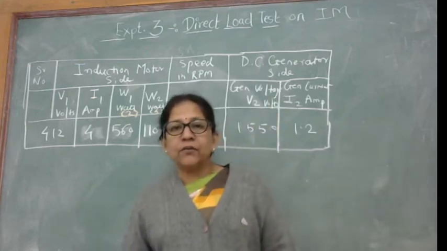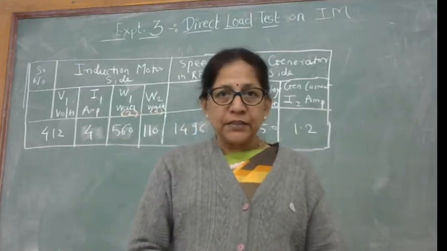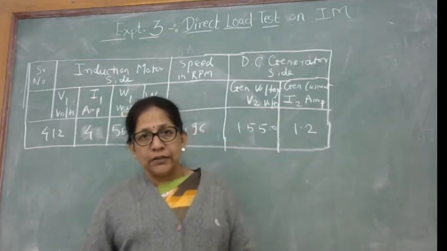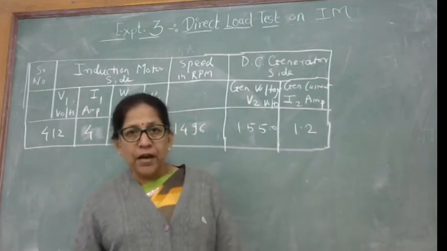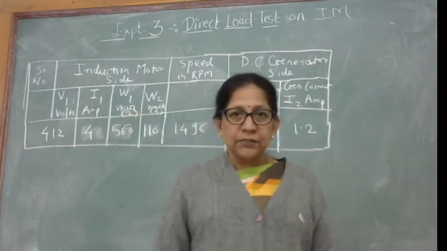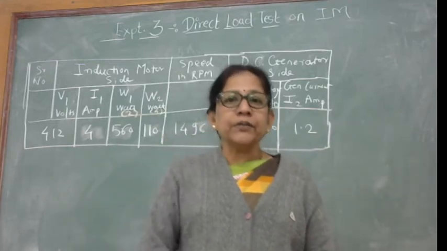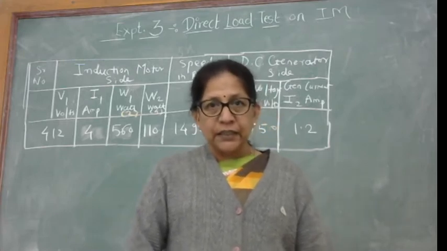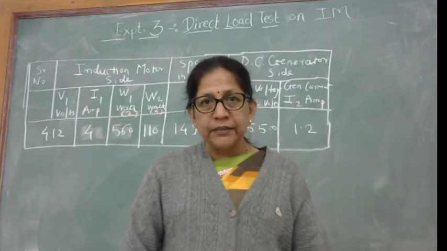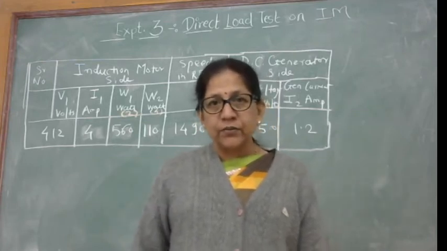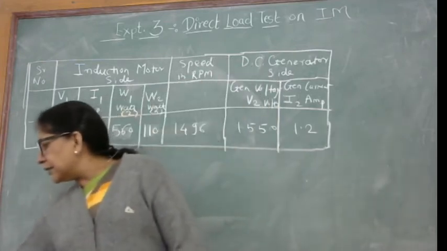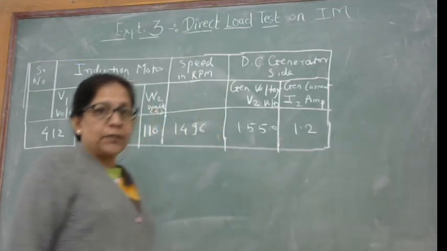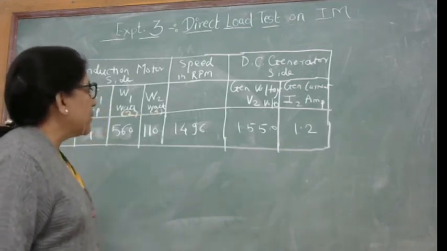So students, now we have seen the explanation of the circuit diagram for this experiment, that is to conduct direct load test on 3-phase induction motor. In part 1 we have seen the explanation of the circuit diagram. In part 2 we have seen how the experiment is actually performed and how the readings are taken. Now with these available readings, how to make the calculations and to draw the graph, that we will discuss in today's lecture. So to start with, I have taken one sample example, one reading which particularly for a load.